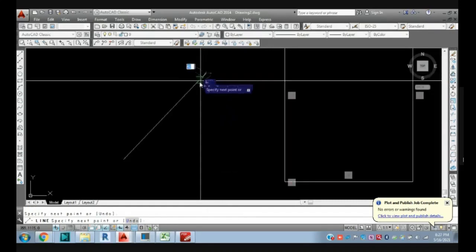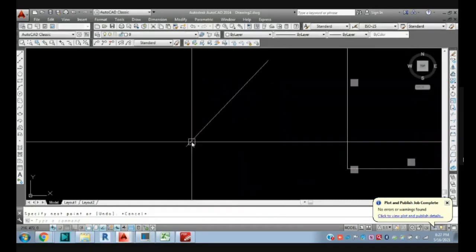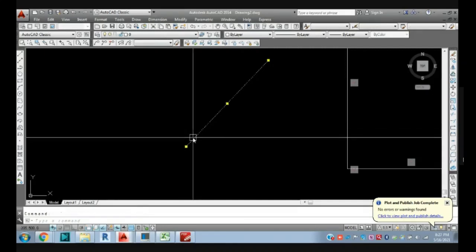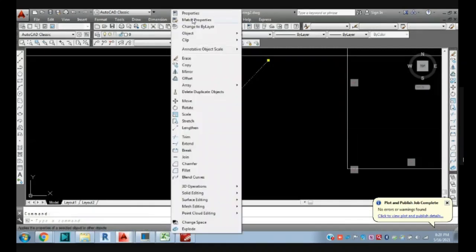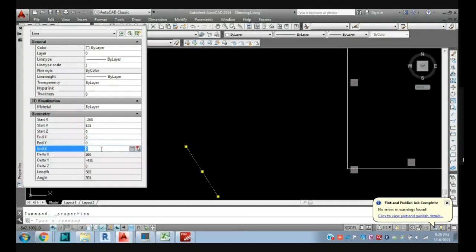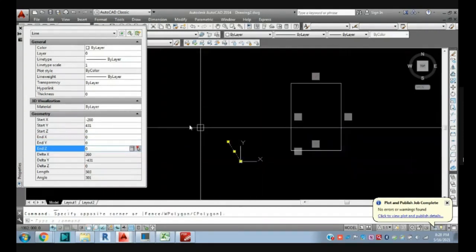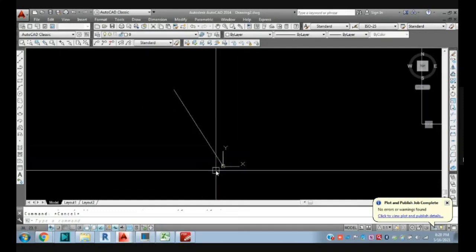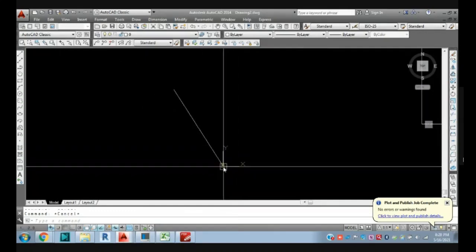Before that, we need to set the 0 comma 0. So what you'll do is draw any line, select this line, go to the properties here, and set x, y, z. Just add 0, 0, and 0. If you see, this point is our 0, the x and y coordinate 0.